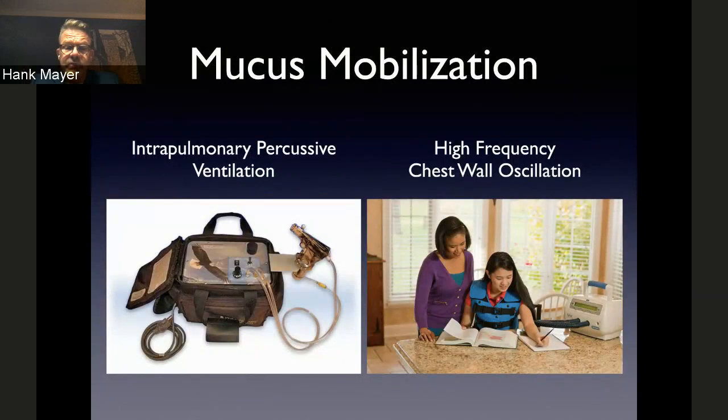So there are 2 devices up here. The device on the left is called intrapulmonary percussive ventilation. It's a nebulizer that's administered under pressure with vibration. The nebulizer allows you to give a patient saline or some other type of medication that can help to thin out and break up mucus. The vibration can help to shear mucus off the airway walls, and the pressure helps the patient to keep their distal airways open. And the three of those things together have been shown in some neuromuscular patients to have additional benefit above the